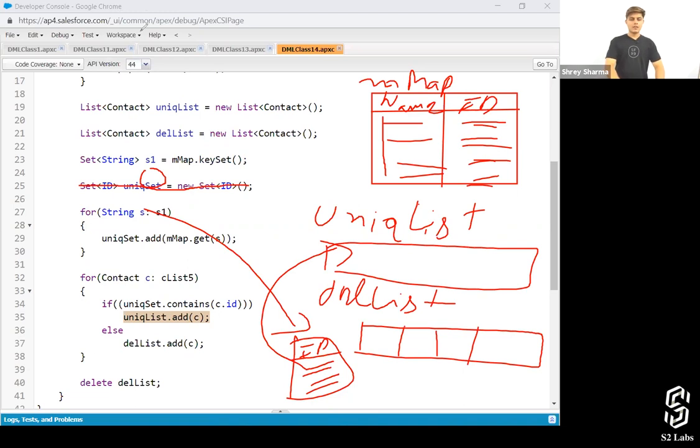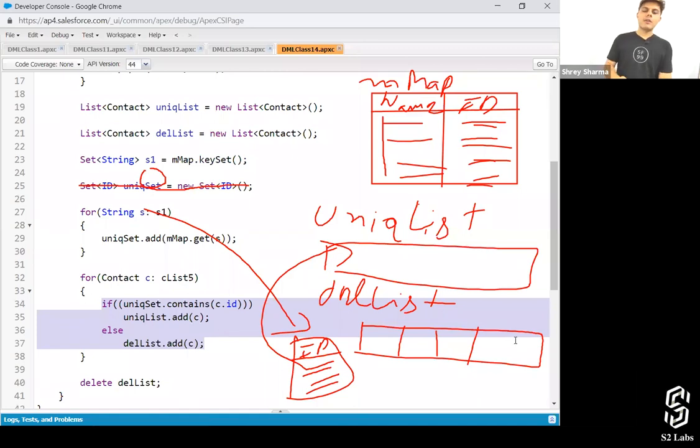Have a look at this code. If unique set dot contains c dot id, then in that case add it into the unique list, else add it into the del list. So let's have a look at it once again. What I've done over here, I created a map, and inside that map I've added names associated with their IDs.